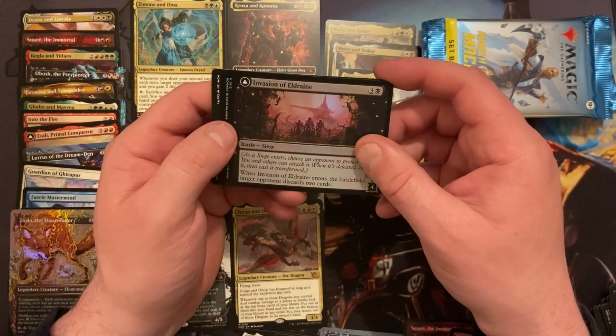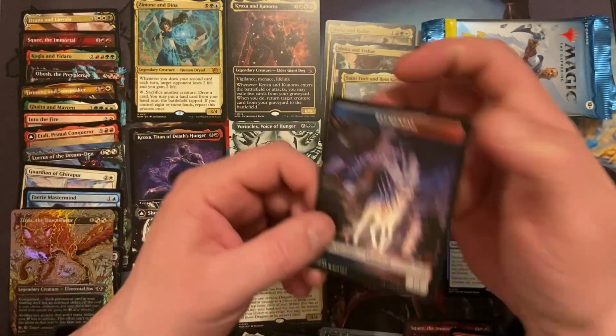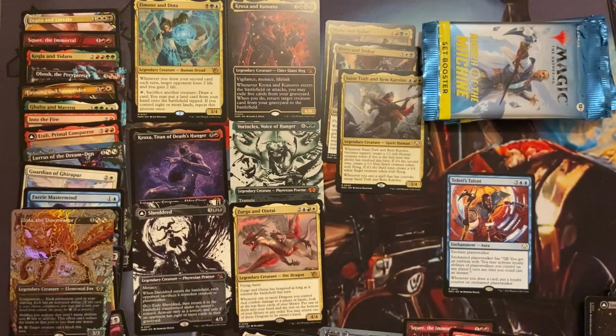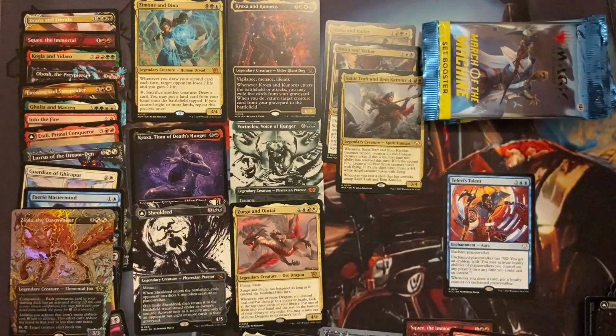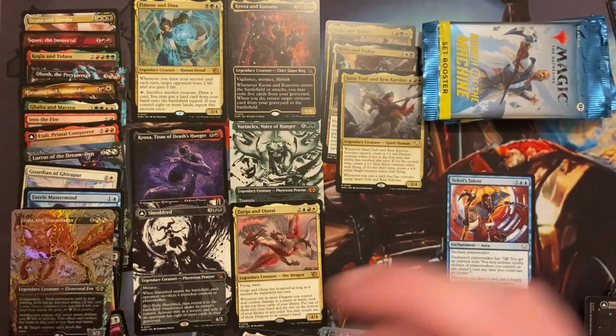Yay, we got a foil battle, everybody. Rejoice. Oh, and another elemental token. Happy days. Is it because I put the Phyrexian Hydra token in the bin? Is that why we're getting...